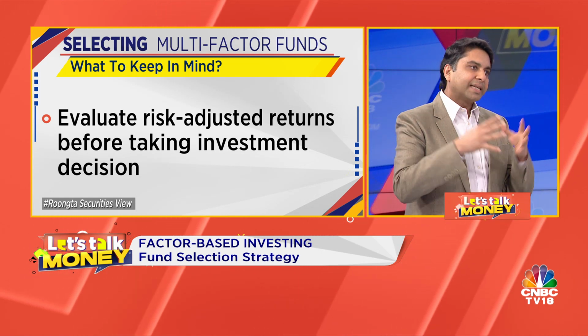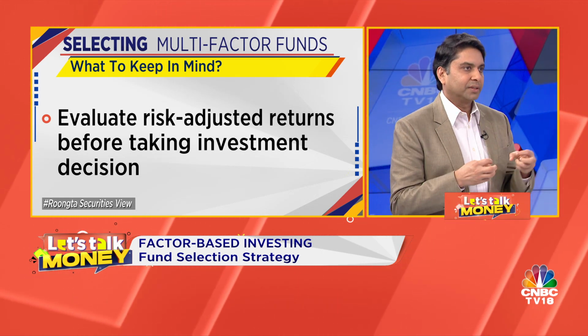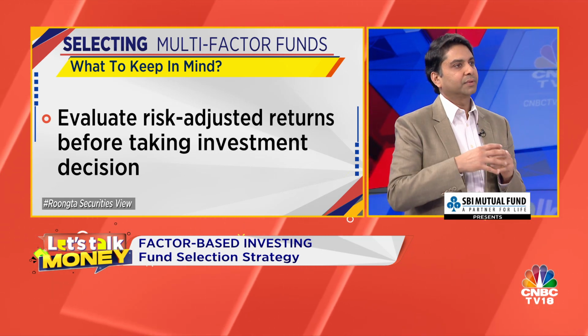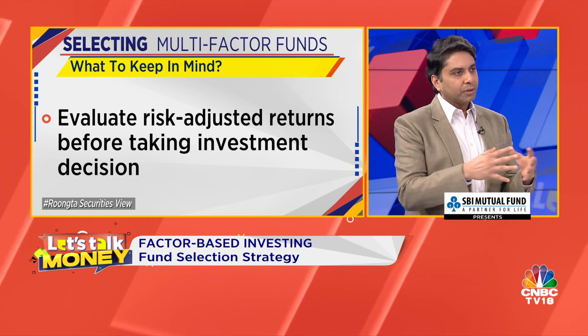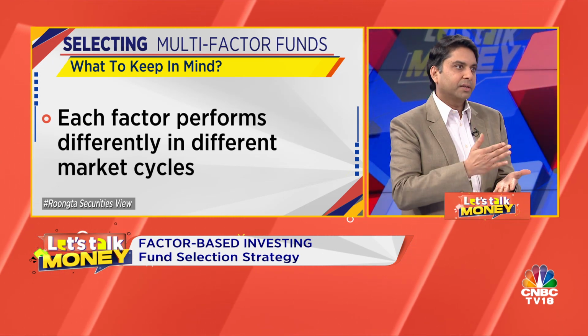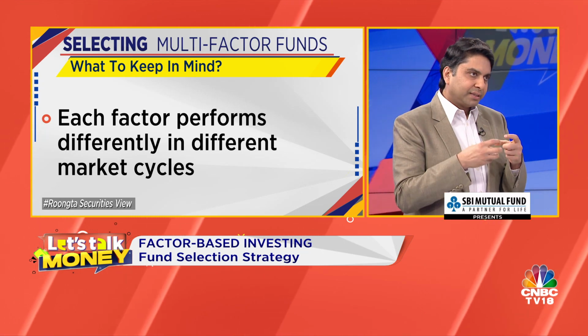Then you come to the segmentation, like the size of the company. Suppose now we looked at Nifty 50, then you have Nifty 100, then Nifty 200, then Nifty 500. So what is the universe of selection that you want to pick? It could be the top 100, 200, 300. That again will be your individual parameter. You sit down with your financial advisor and say, this is the universe of investments we are going to be looking at.